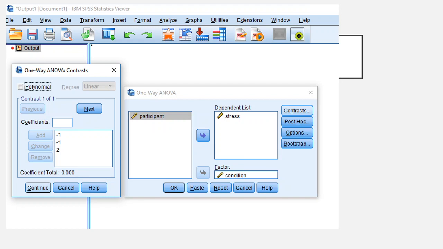SPSS is going to give you an error message if the sum of these values does not add up to 0. So you're going to need to make sure that, again, there's that balance whereby the weights add up to 0 overall. It doesn't matter what the weights themselves actually are. I could have given finals a weight of +1 and then just given the other two groups a -0.5. Still the balance was achieved. Okay, but it's probably going to be easier if you just copy what I did here. A -1, a -1, and a 2. Just make sure they're entered in the proper order corresponding to the way the variable was coded in the data set. Okay, so then from there,